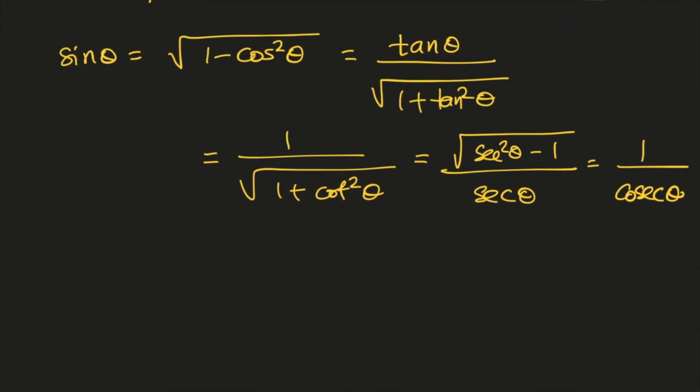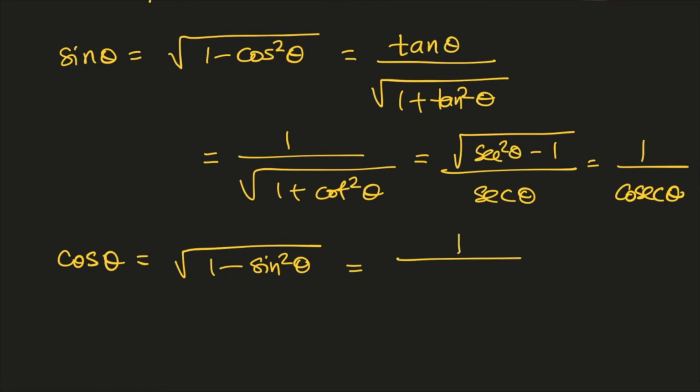I'll show you how you can write everything. I'll show you how cos theta can be written in terms of every other trigonometric ratio. Cos theta can be written as root over 1 minus sin square theta in terms of sin theta, and in terms of tan theta it is going to be 1 over sec theta, so that is 1 over root over 1 plus tan square theta,